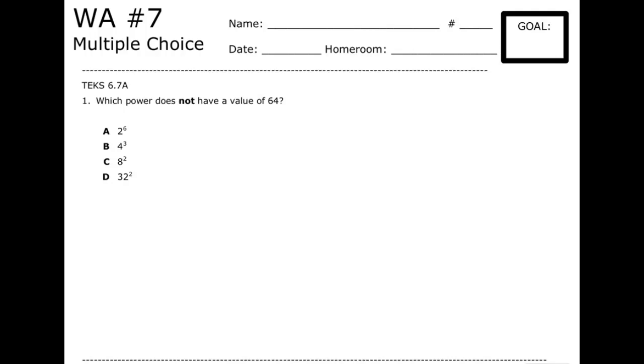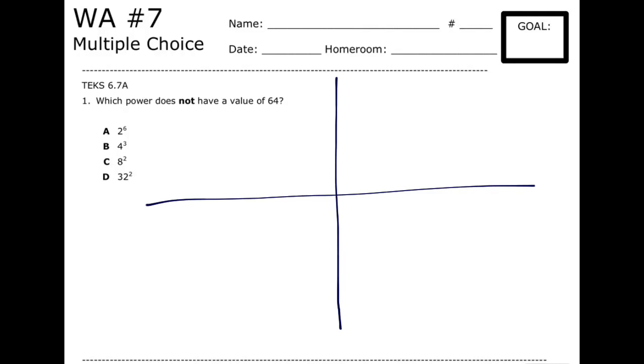Which power does not have a value of 64? So, I'm looking for the one that does not have a value of 64, which means that 3 of them will have a value of 64. So, if I separate this into 4 sections, if I do 2 to the 6th power,